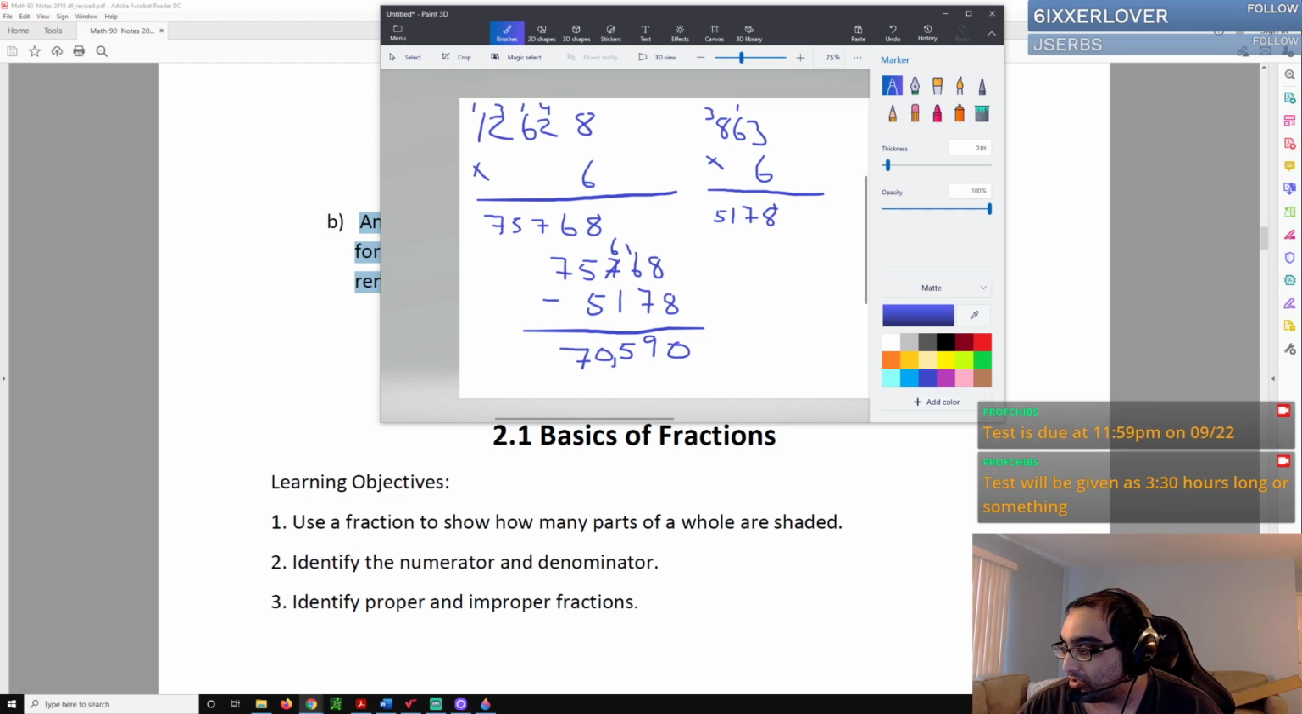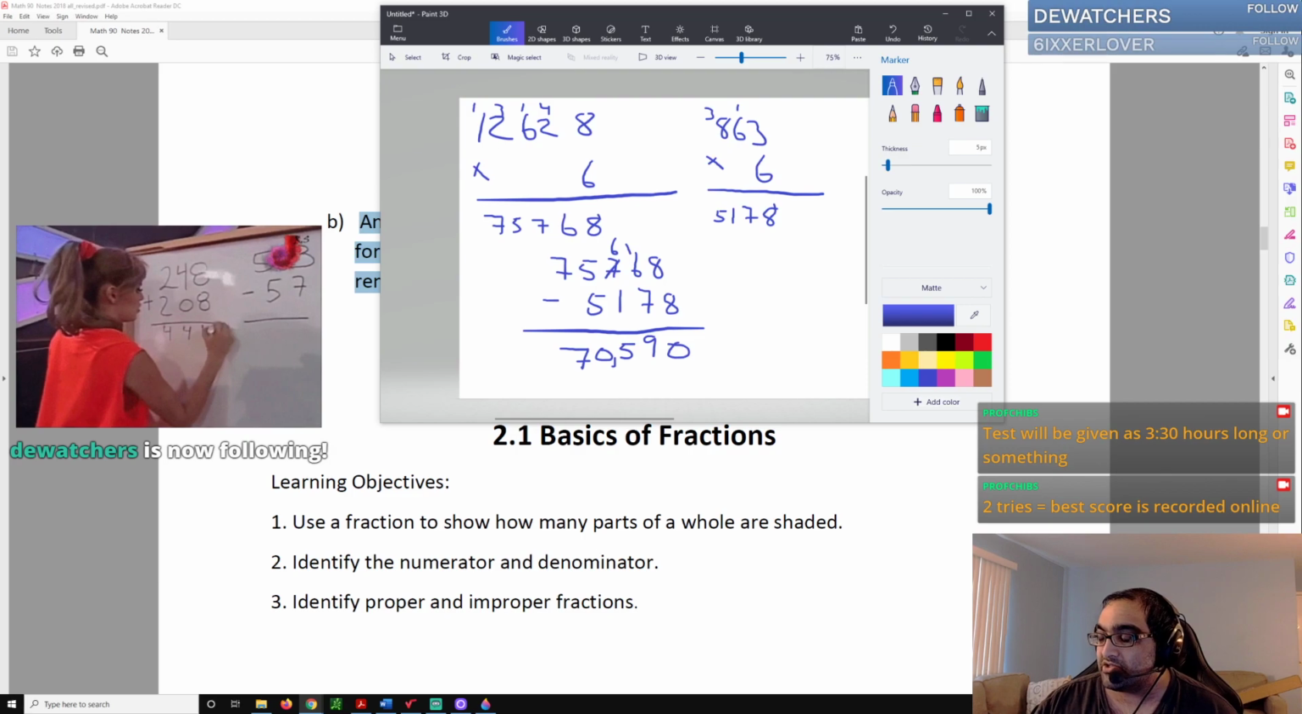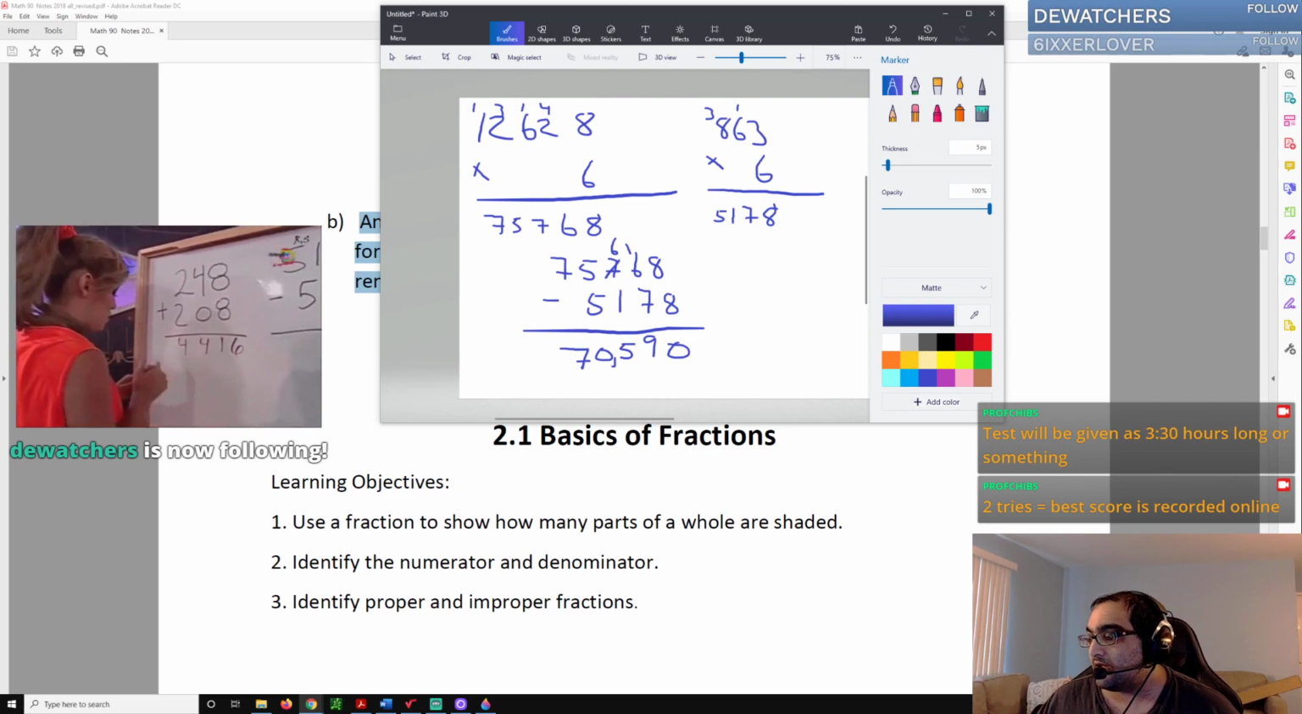The best score is recorded online. So you get 2 tries, and the best score will be recorded online. Now, that score that's recorded online is not necessarily the score that will be recorded on D2L. And the reason why is because of this. What I would like you to do